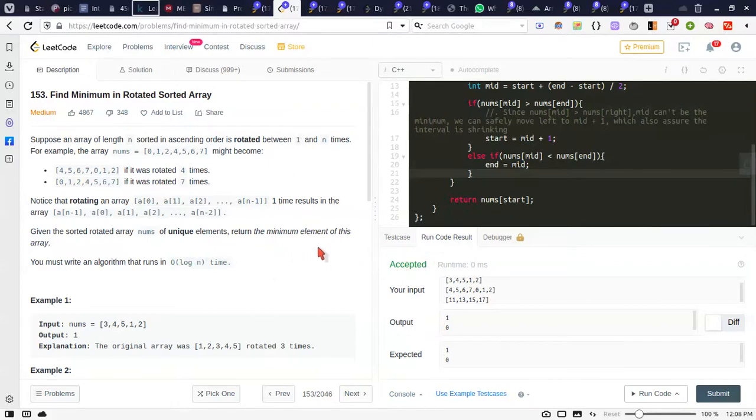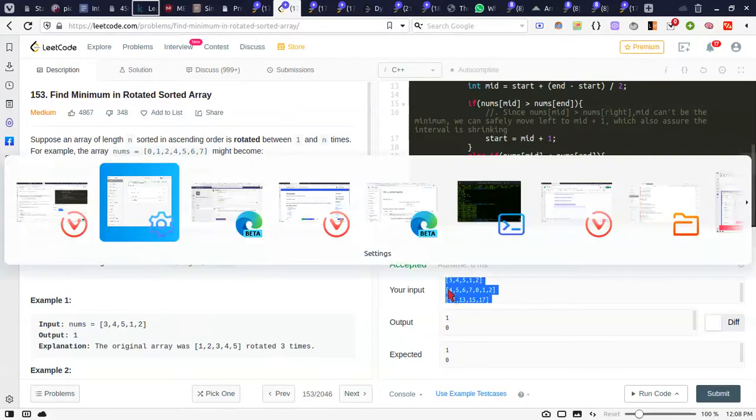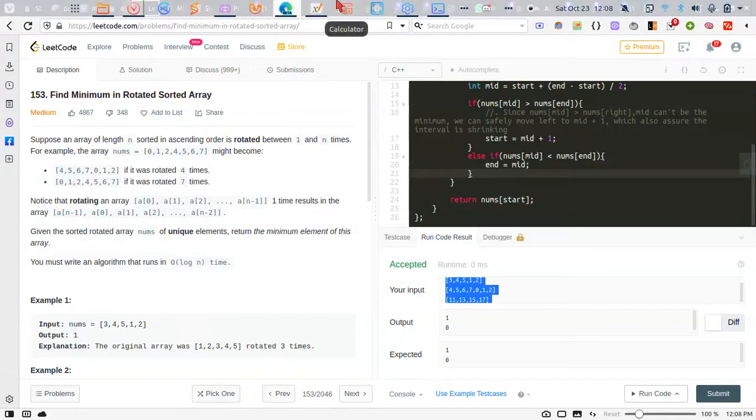So now let me show you my solution by tracing an example, by dry running an example.